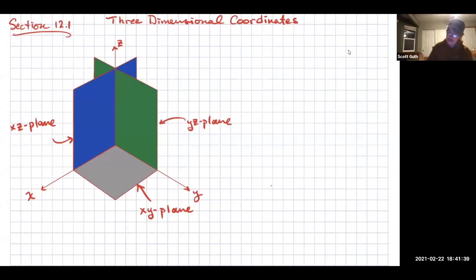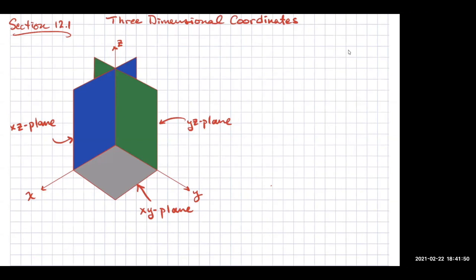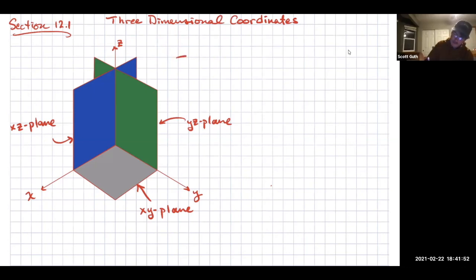Right? So this is our three-dimensional coordinate system, X, Y, Z axes with an XY plane, a YZ plane, and an XZ plane. And these three coordinate planes